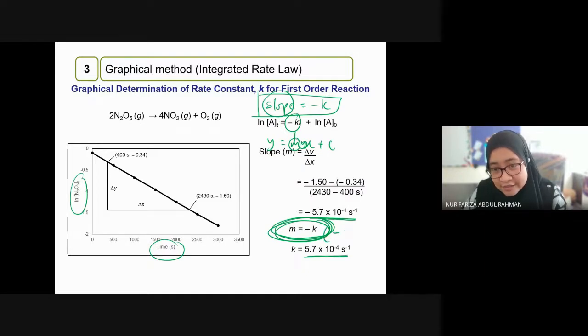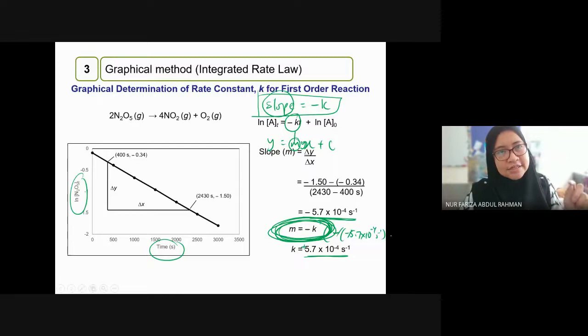Negative 5.7 times 10 to the power negative 4 s negative 1. So negative, you have positive value. Okay? Alright, value of k will always be positive lah. Maksudnya dalam rate constant, mana ada rate constant dekat kita punya rate law tu, mana ada dia punya negative value. Okay, so far all positive value. So make sure that you,